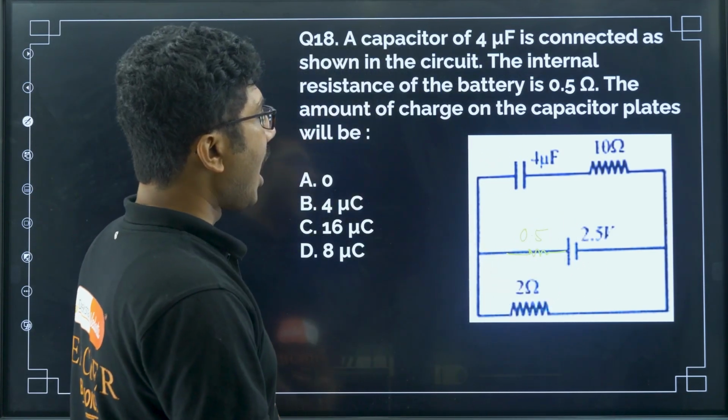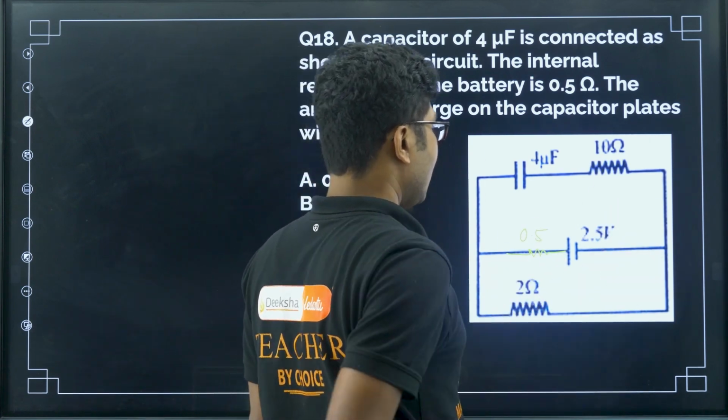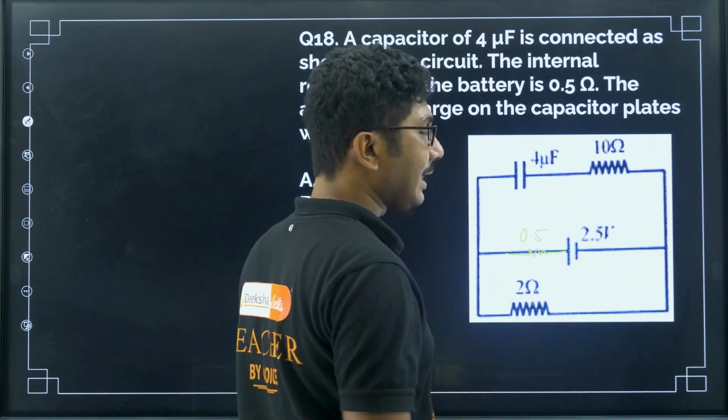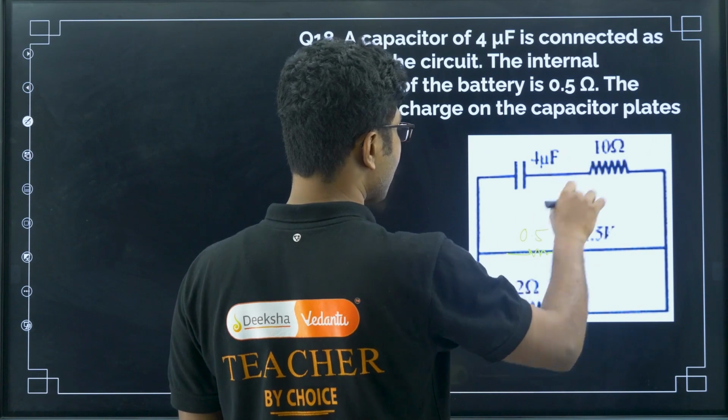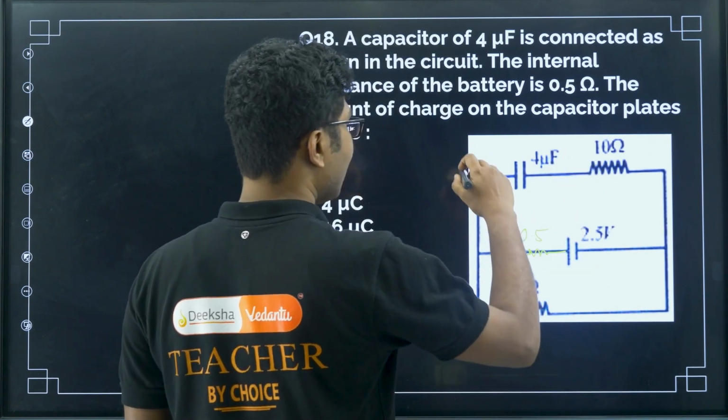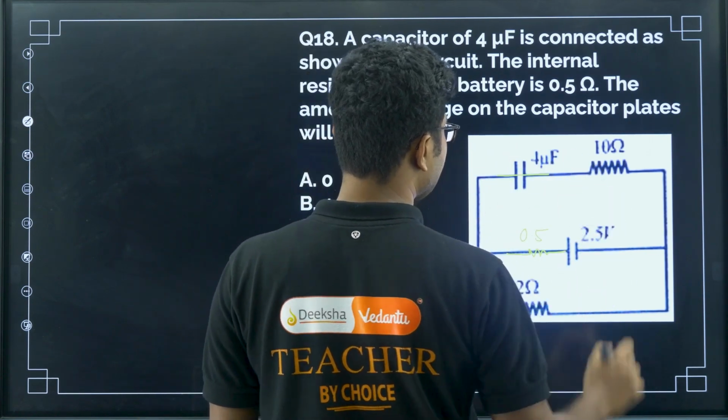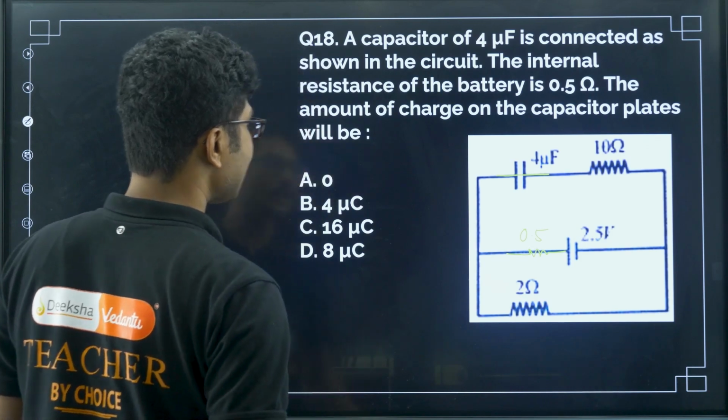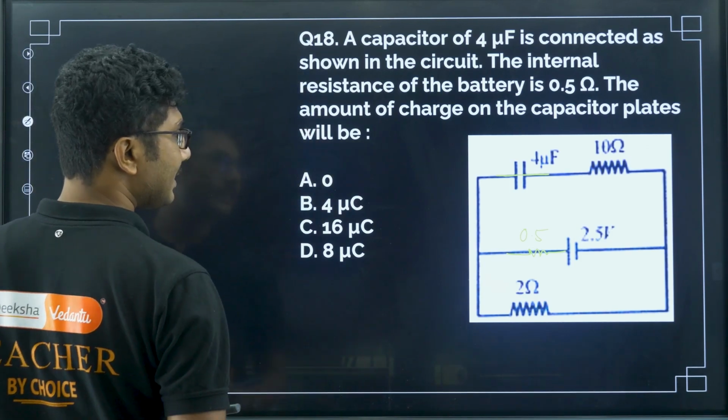Okay, now how much potential drop is happening across this? For that, what you have to do, first you have to find the current. While finding the current, we will assume there is nothing here. Okay, so what is the current in the circuit? Current is given by,